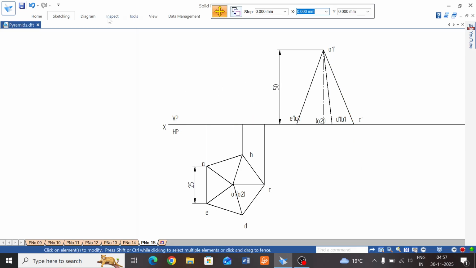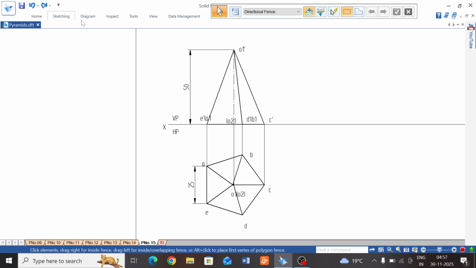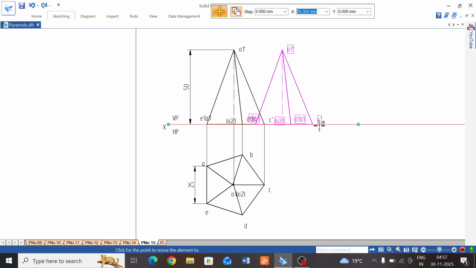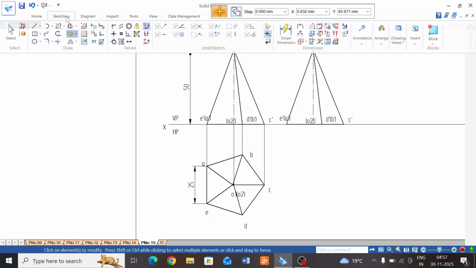Before moving, switch on the copy, move, and through window including text you select, set point to move, that is C dash, move it. Simply you move it to the XY line, click it and go to rotate, switch off the copy, go to rotate, and through window you select